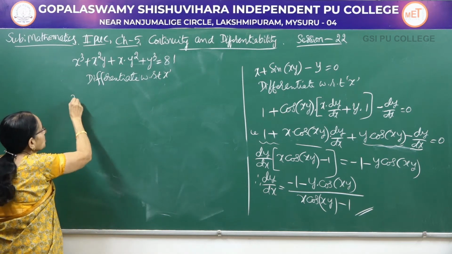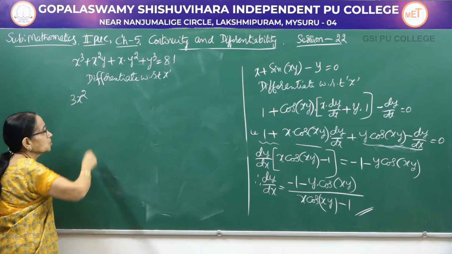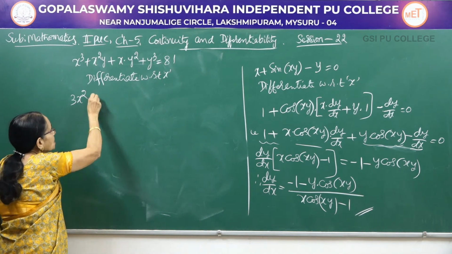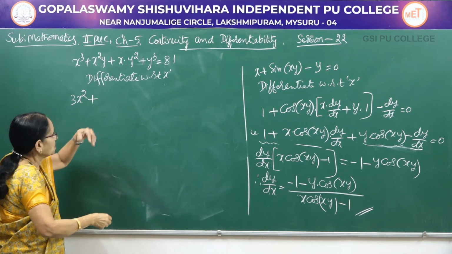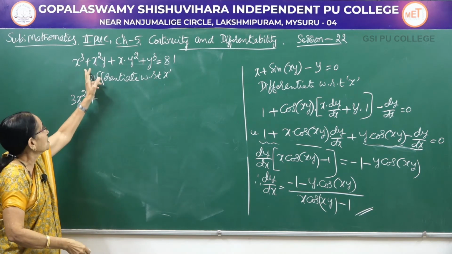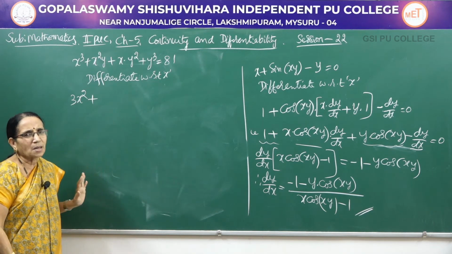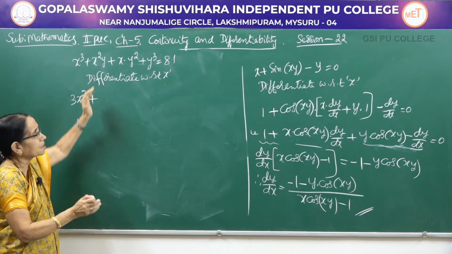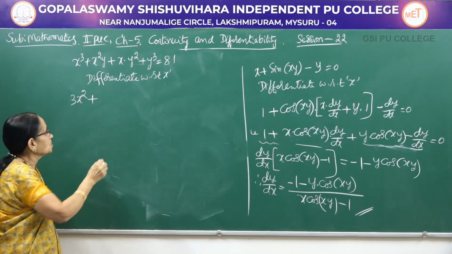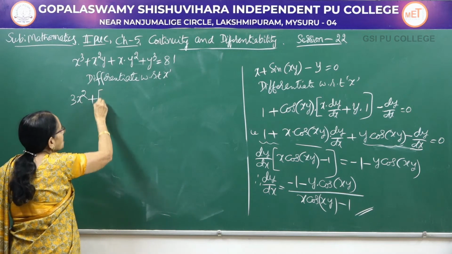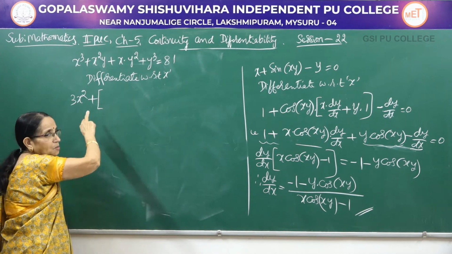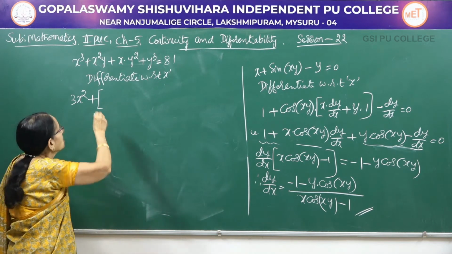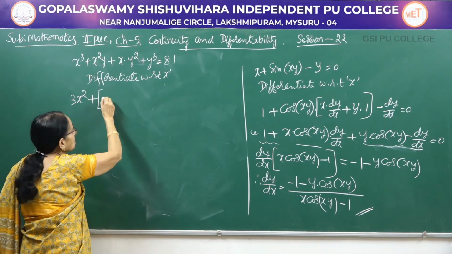So x cube, carefully you do this one, x cube becomes 3x square. Now here again, in the previous session also I told, all of them are positive, the brackets are not necessary, but still to show that we are considering one particular set of terms, I am just writing inside the bracket. It need not be written. When minus sign is there you have to write. Here it is optional.